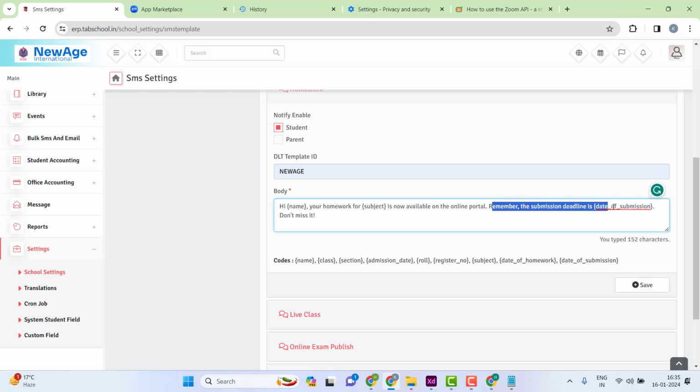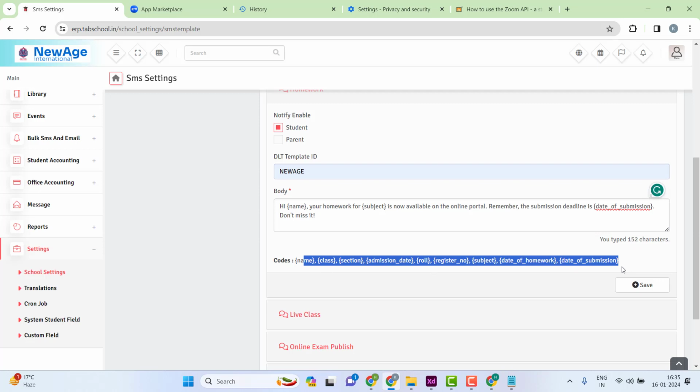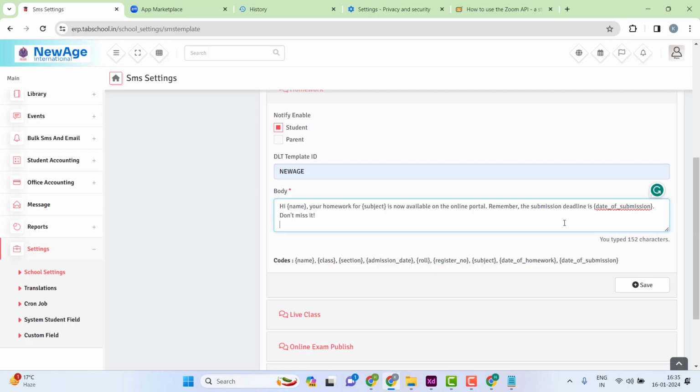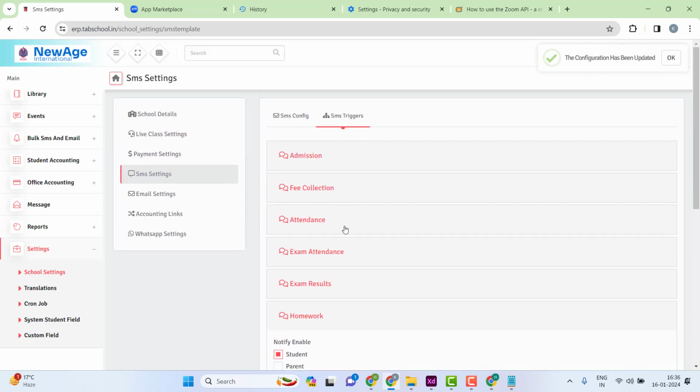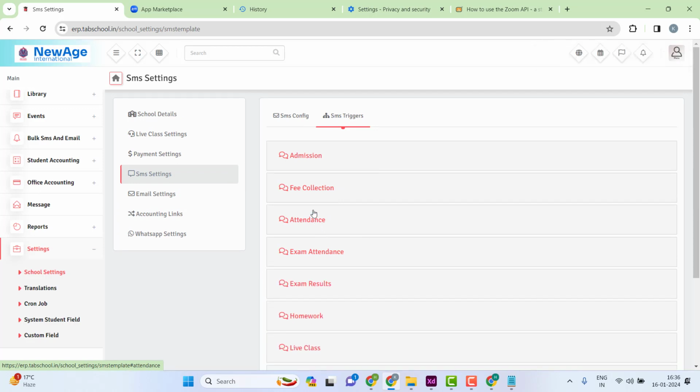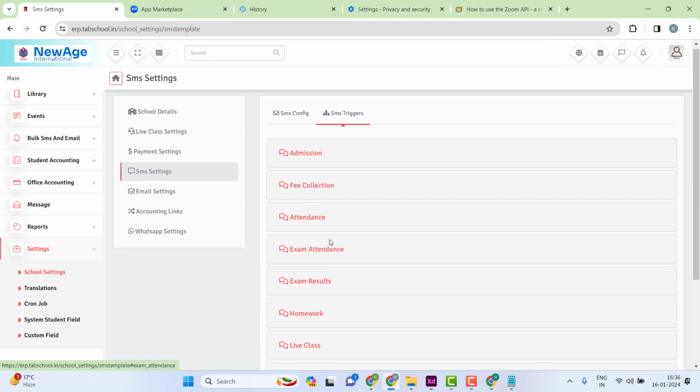Remember, the submission deadline is date of submission, don't miss it. Similarly, the codes are given below. It will also tell you that you have typed 152 characters. This is going to be a single message. In case there is a long message, it will tell you it will go as two messages, like we saw in the